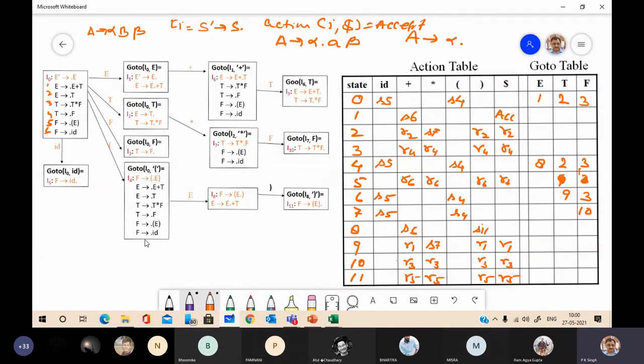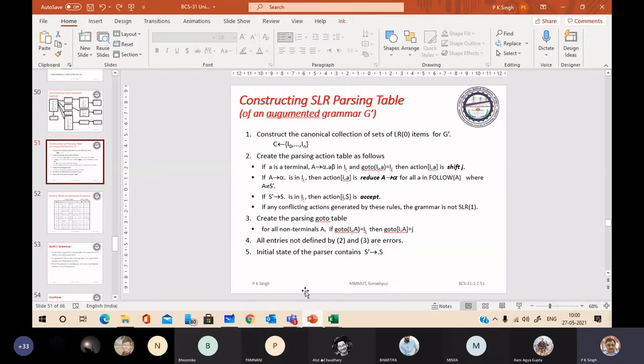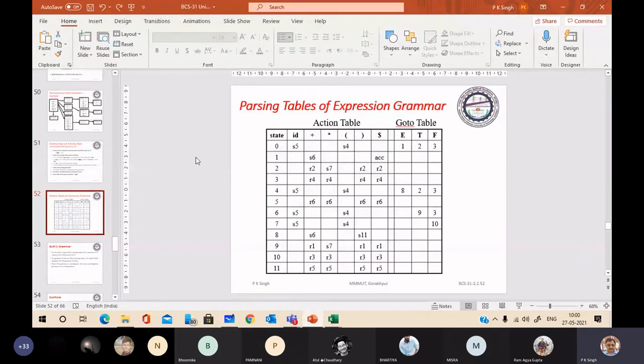You can see this is the table. Same table we have computed.